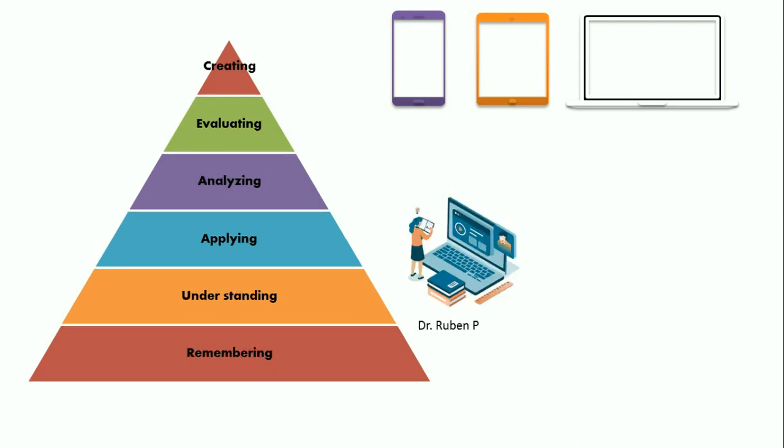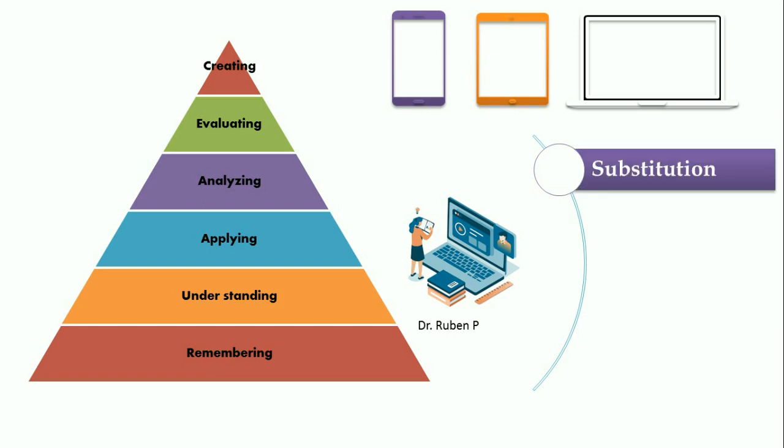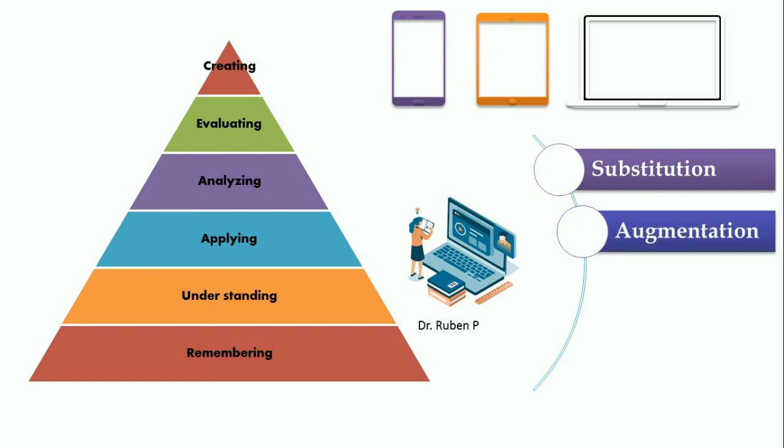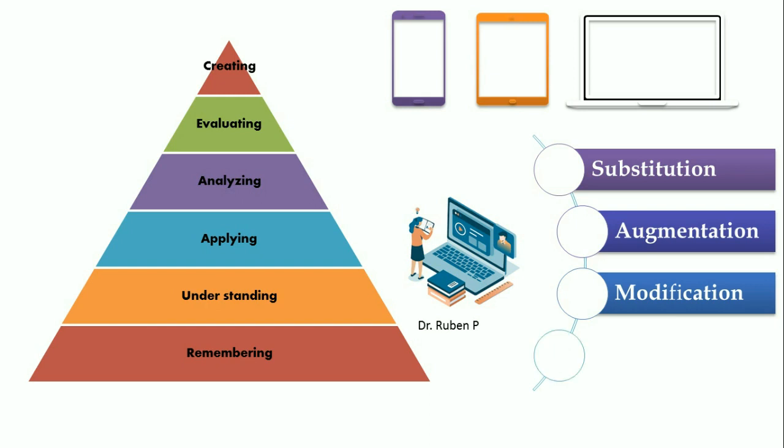We can use technology to accomplish the different levels of Bloom's in different ways. According to Dr. Rubin, we can do it in 4 ways. The technology either substitutes the present way of doing an activity or we can augment it with digital tools. The next level of use of technology is to modify the task by using the digital tool. The higher level is to use the technology to redefine the activity or create a new one.